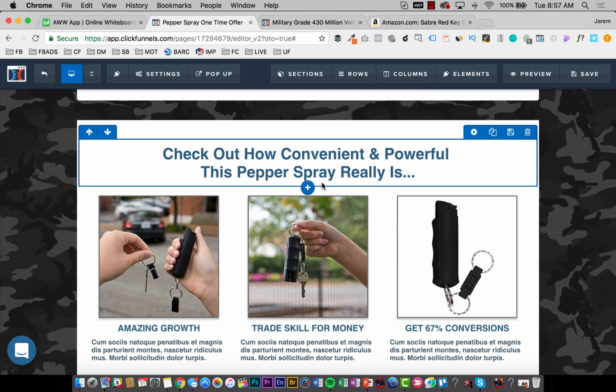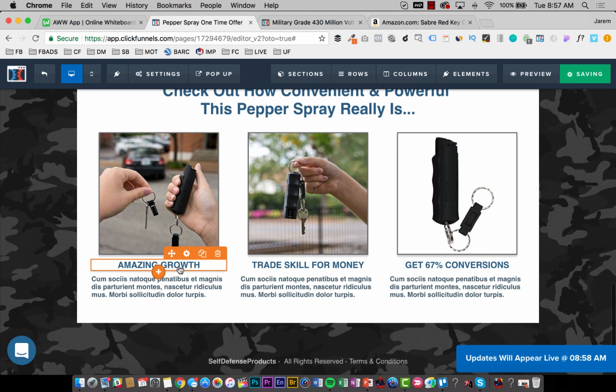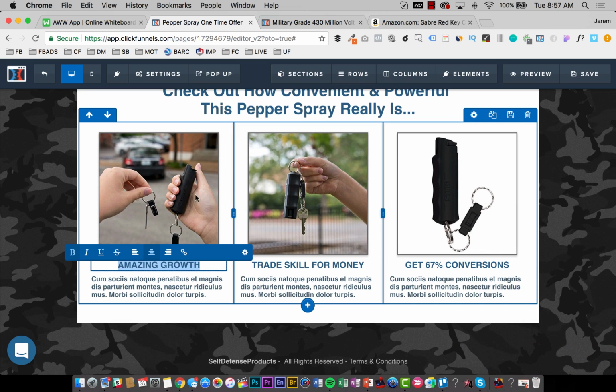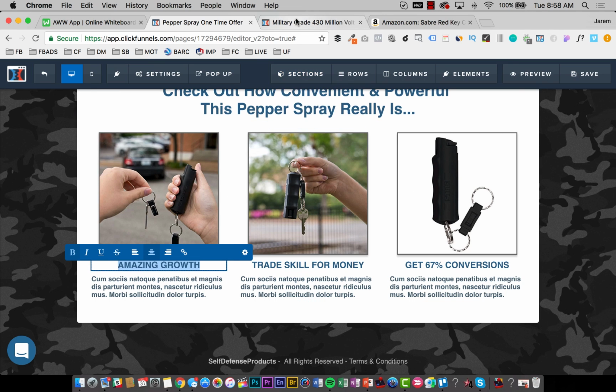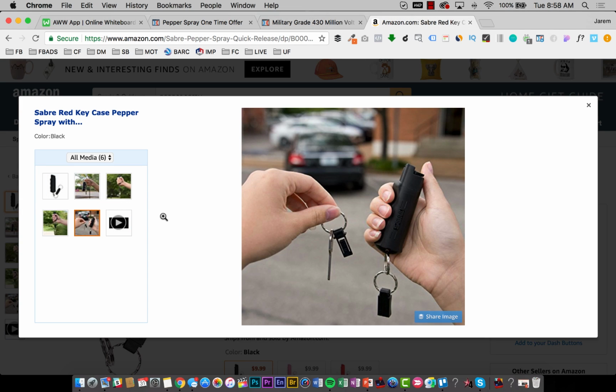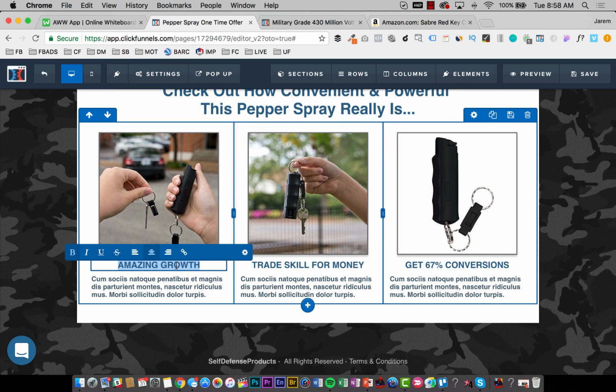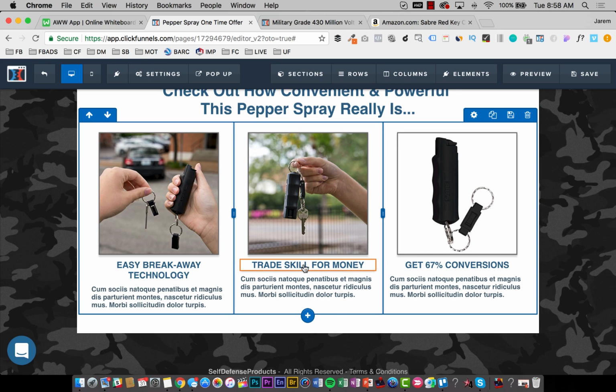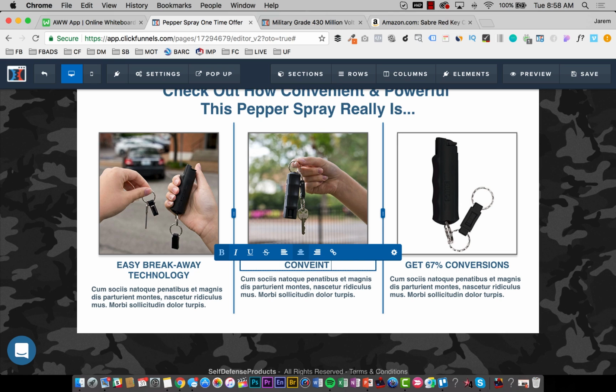Again, these are little finesse things. They're not huge things you need to worry about, but we can say... I don't know what this image refers to. Is it just that it's small, nice, convenient? Oh, that's the little, oh, it detaches. Okay, gotcha. So, easy breakaway technology. Okay, and then we'll say convenient to carry on your key ring, on your keychain,